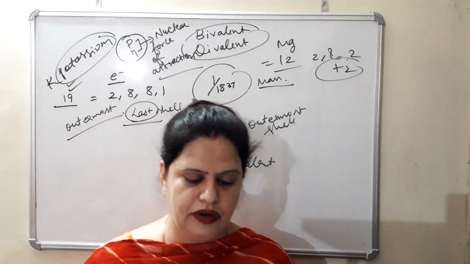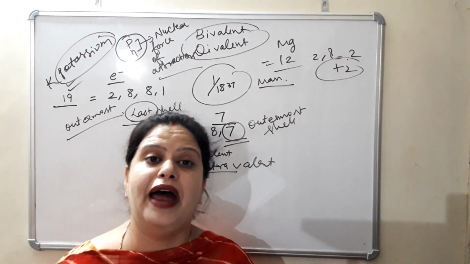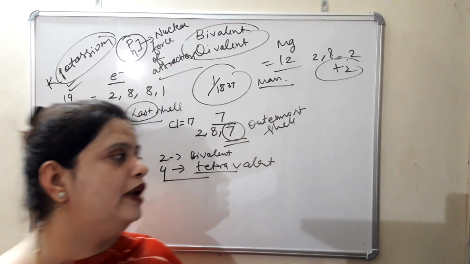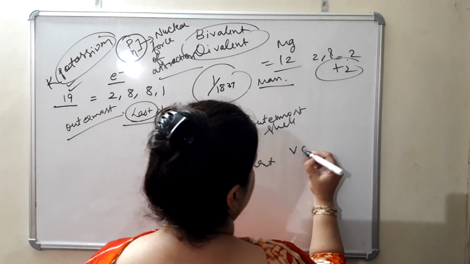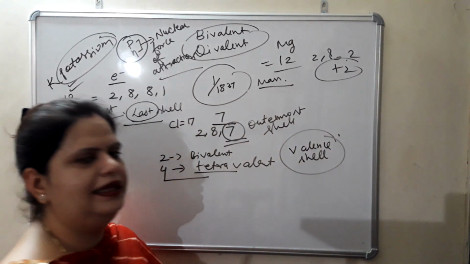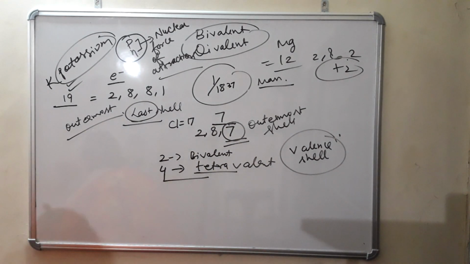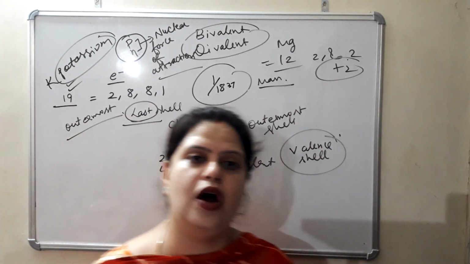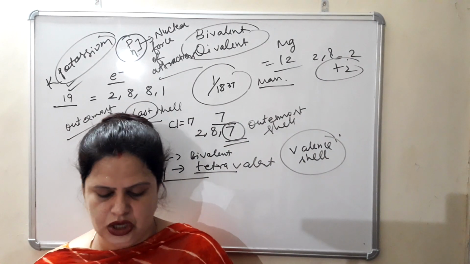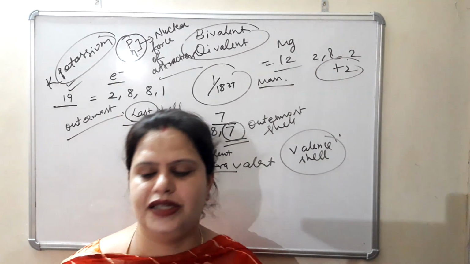E part is name the following. The negatively charged subatomic particle we call electron. The outermost shell of an atom is also known as valence shell. Why? Because valency is decided by the outermost shell. We come to know whether it will gain electrons, how many it will gain to get stable, or how many it will lose to get stable, because the inner shells are already fully filled. So that is valence shell. Not valency shell, it is valence shell.